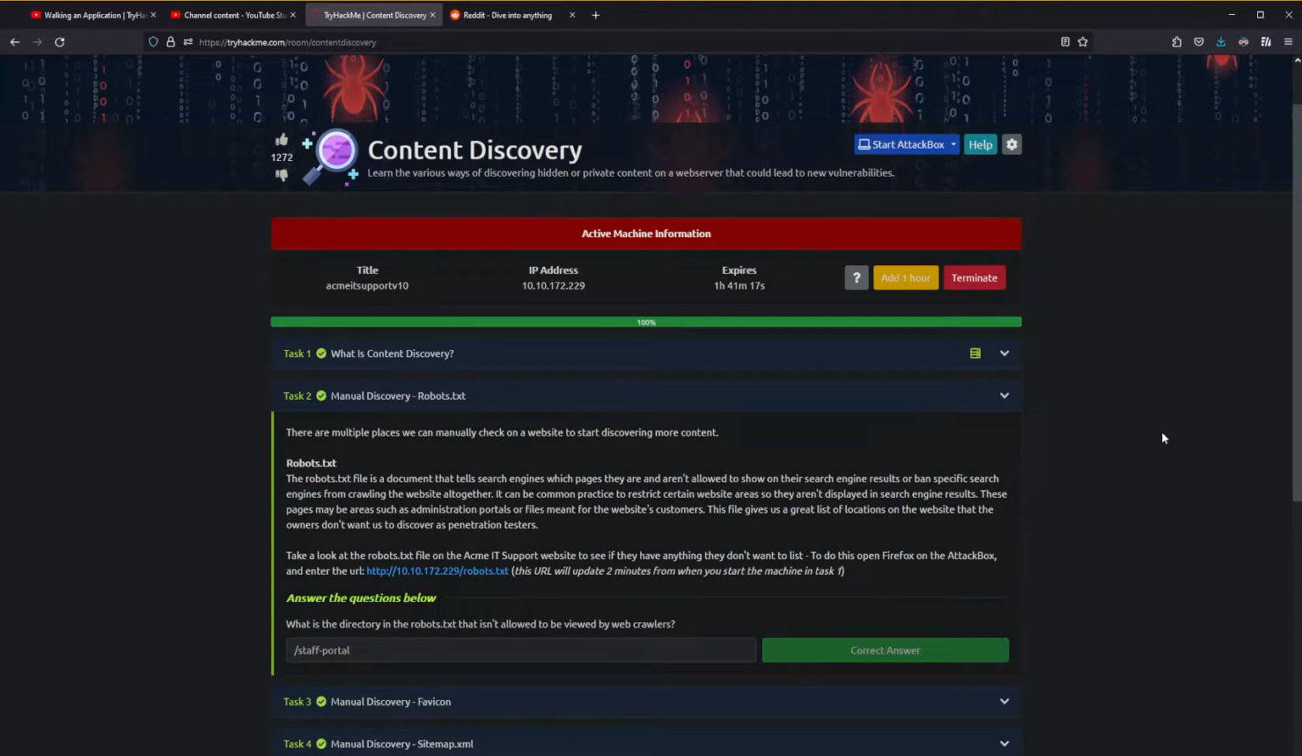Let's move on. Task 2, manual discovery, Robots.txt. There are multiple places we can manually check on a website to start discovering more content. The Robots.txt file is a document that tells search engines which pages they are and aren't allowed to show in their search engine results, or bans specific search engines from crawling the website altogether. It can be common practice to restrict certain website areas so they aren't displayed in search engine results. These pages may be areas such as administration portals or files meant for the website's customers. This file gives us a great list of locations on the website that the owners don't want us to discover